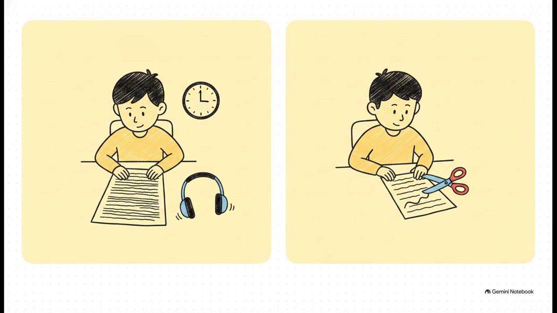A huge part of building this plan is understanding the tools in your toolbox. People mix up accommodations and modifications all the time, but they are radically different. Accommodations change how your child learns, but they keep the expectations exactly the same. Think extra time on a test or letting them sit right next to the teacher. Modifications, on the other hand, change what your child learns. The actual content or expectations are adjusted, maybe shorter, simplified assignments, or a completely different curriculum. Both are incredible tools, and you'll figure out what's best together.